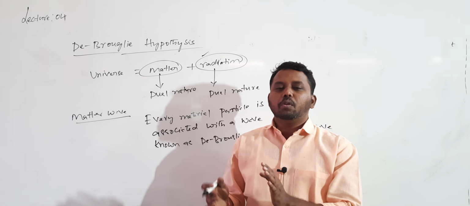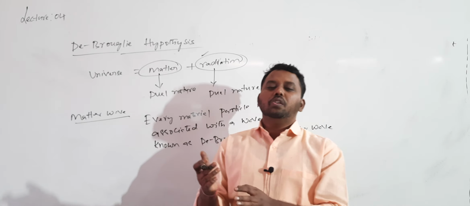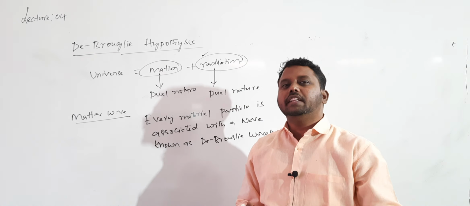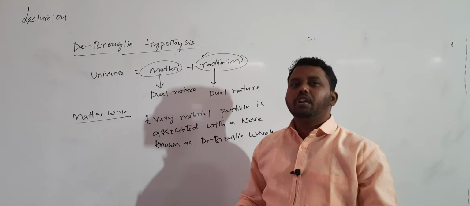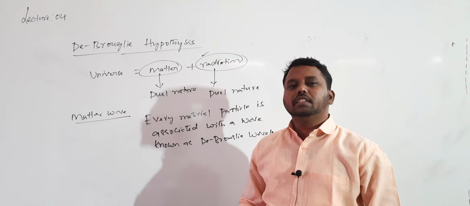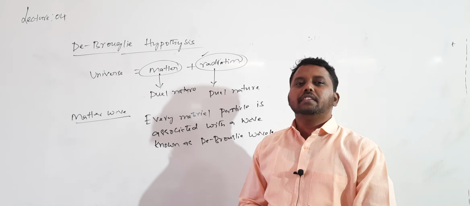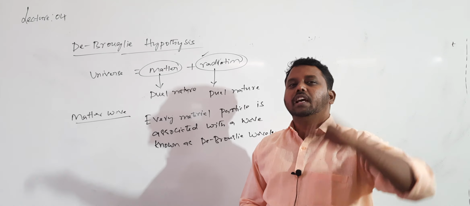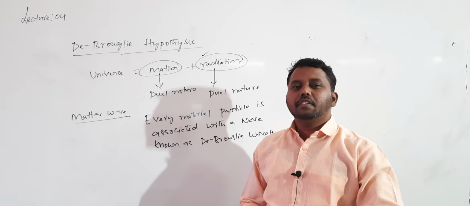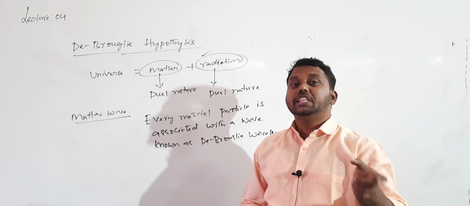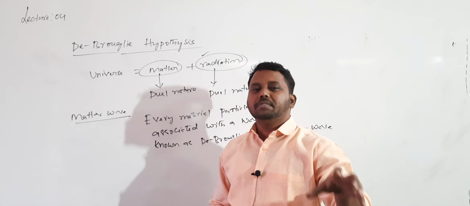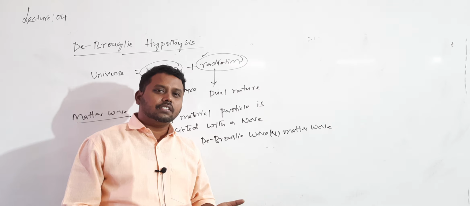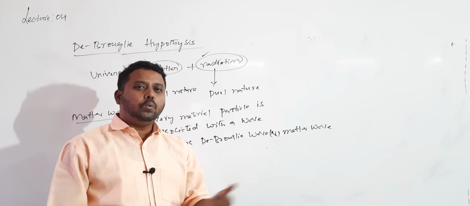Like de Broglie assumed, just as light has a wave nature, every material particle, take an electron or anything, according to the de Broglie hypothesis, compulsorily has which nature? Wave nature, dual nature. J.J. Thomson discovered the electron and his son, G.P. Thomson, conducted one experiment to show the electron has wave nature. The electron has which nature? Wave nature.